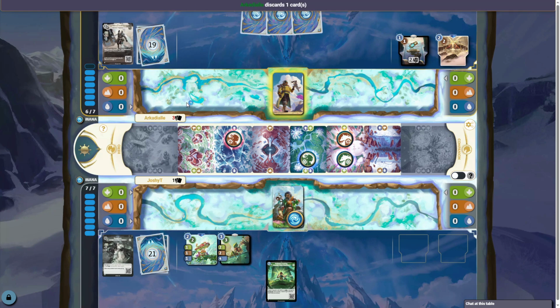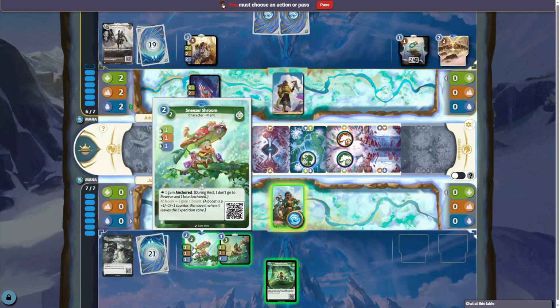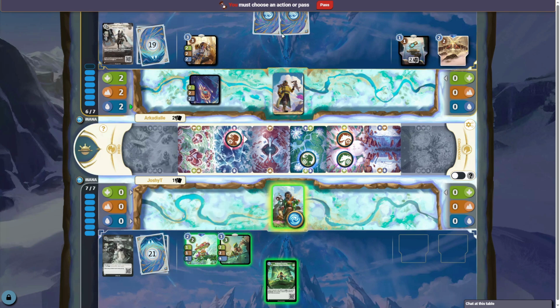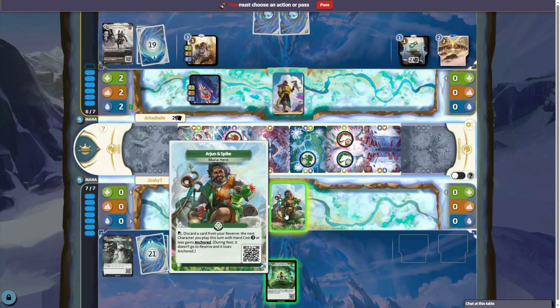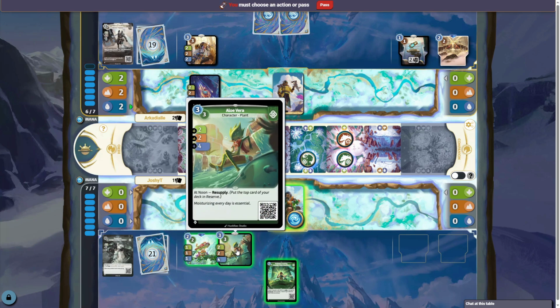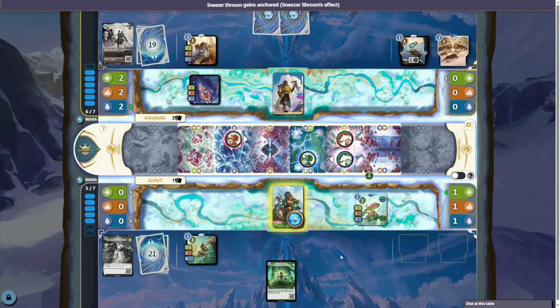I'm expecting our opponent to put the brass bag in the hero side. Foundry Armourer. I'm scared about removal out of our opponent. But they also might have access to Tinkerbell. We haven't seen any sabotage here. I think we'll make him have it though. We'll put the Sneezer Shroom on this side as a small target. Now they've got to contest over here a little bit if they want to